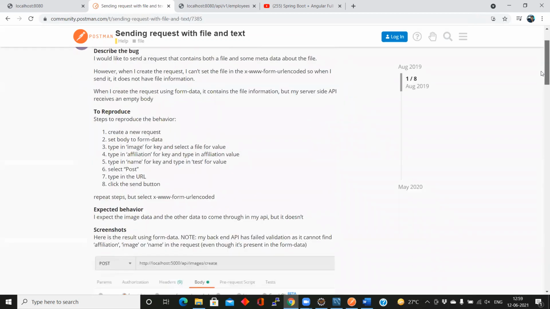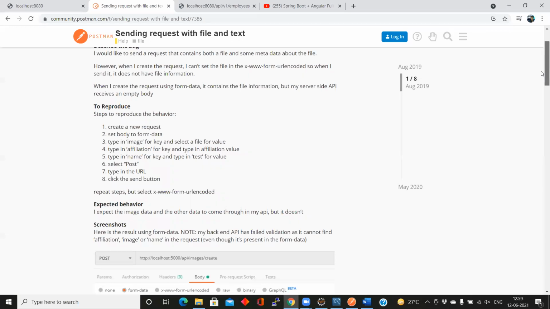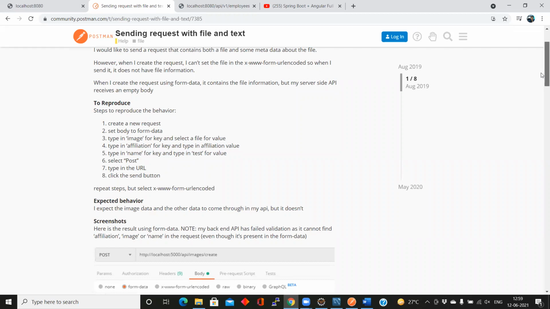To create a new request, set the body to form data type.